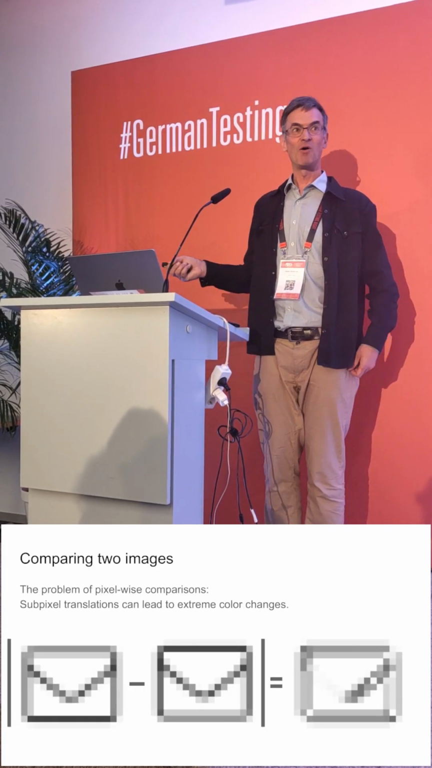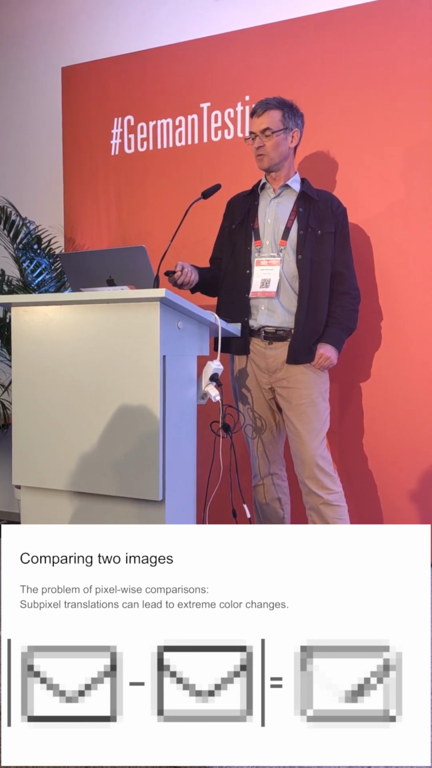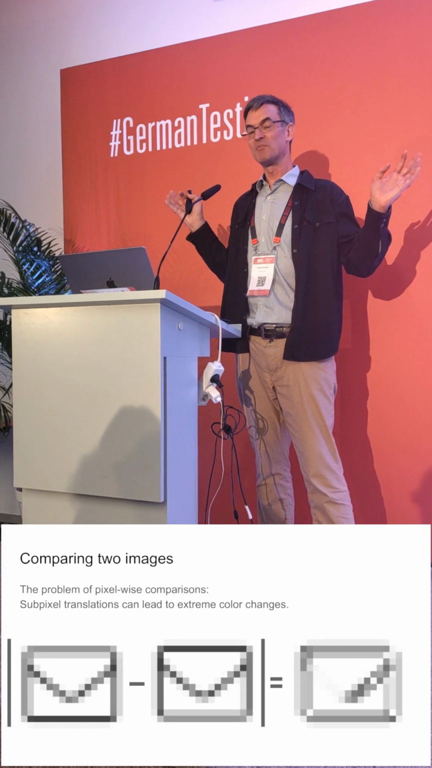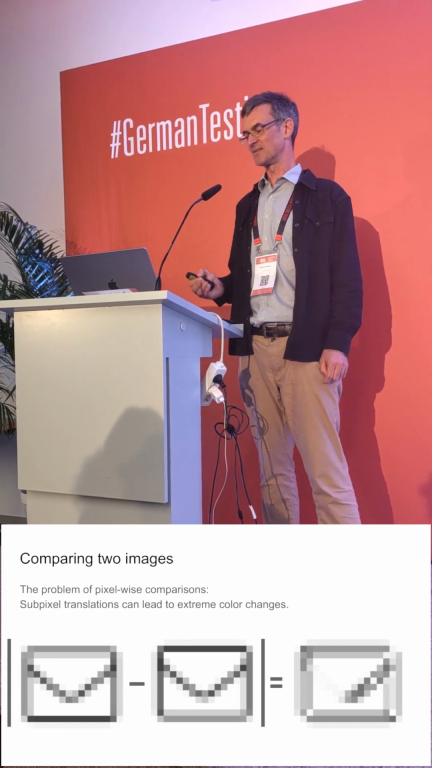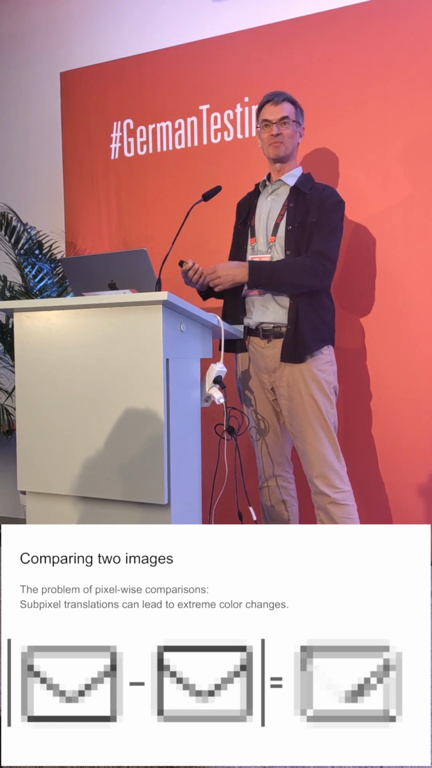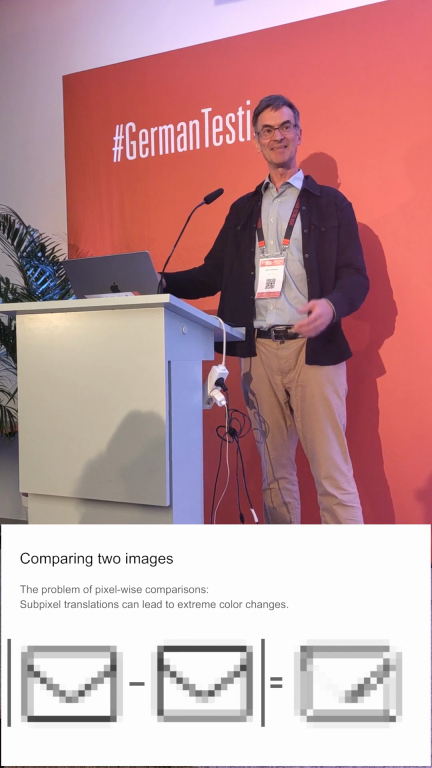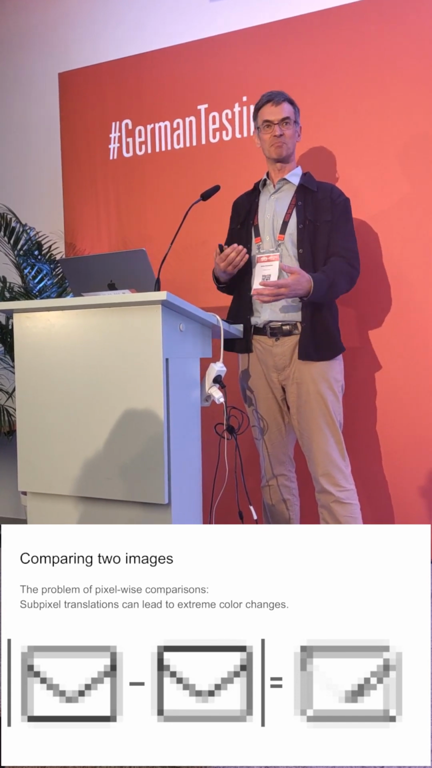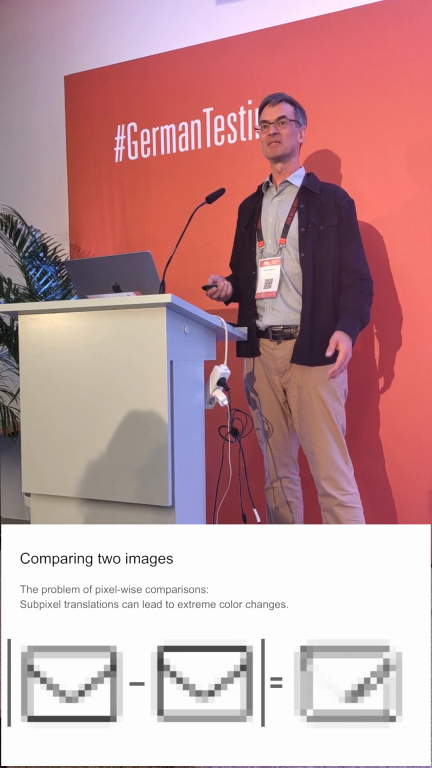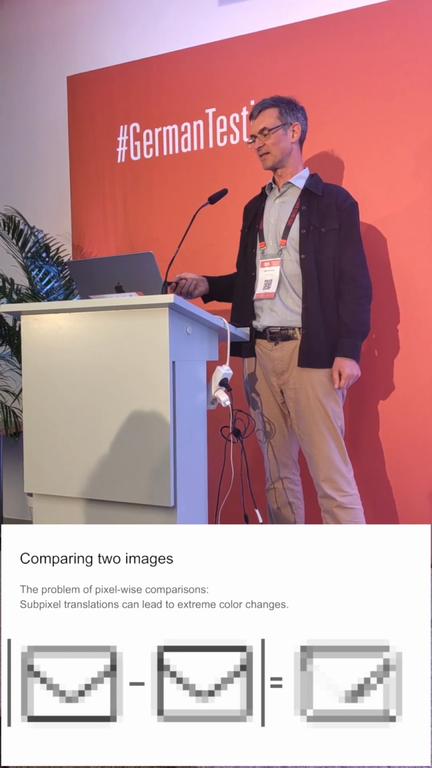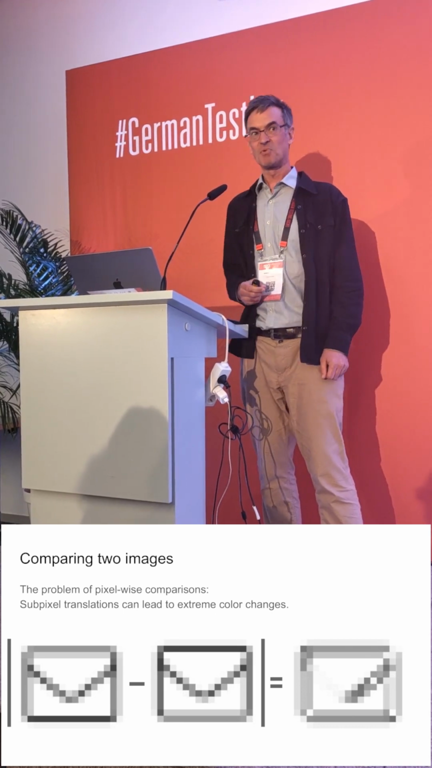This is an example from our website. This is a logo, a mail logo, and for some reason, it sometimes renders randomly at a half pixel offset. And if I now compare these two images, pixel by pixel, you see that anti-aliasing works a bit differently, and I see large pixel-wise differences. So this is one of the problems, that subpixel rendering isn't really stable for that. The next problem is